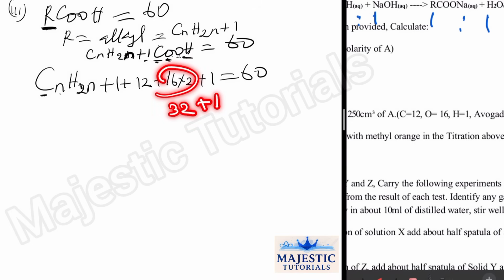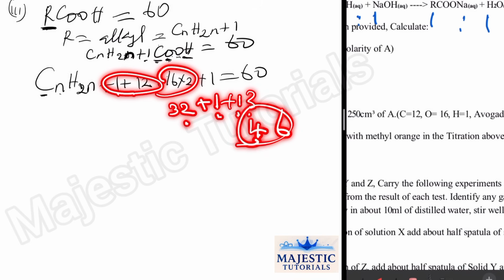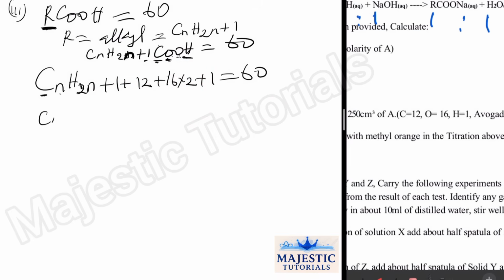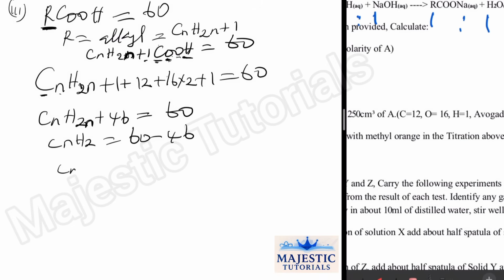Am I with somebody here? 13 is 1 plus 2. So looking at all this, we have 2 plus 1 is 3 plus 3 is 6. So 3 plus 1, which is here, is 46. So we are going to get 46 in total, such that CnH2n now plus 46 in total equal to 60, such that CnH2n is equal to 60 minus 46. And then CnH2n, 60 minus 46 will give us